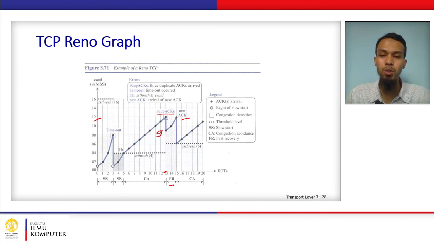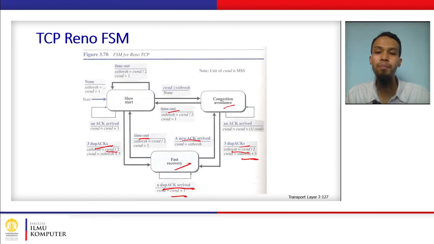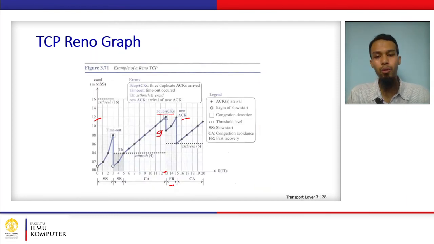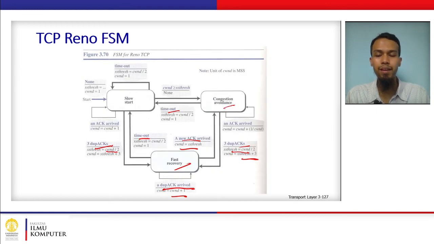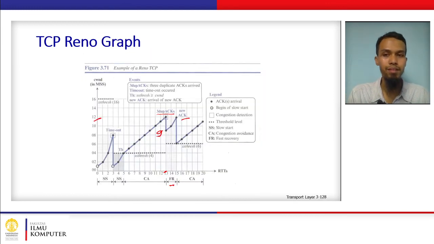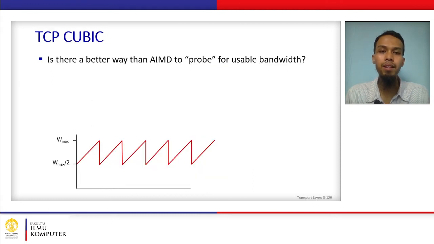Okay, so when we receive the new acknowledgement, then we enter the congestion avoidance stage, which is starting from the SS thresh again. Okay, the congestion window equals SS thresh. Okay, and then the congestion window will grow from this point. So this is actually the main goal of this video, but then I'm just going to